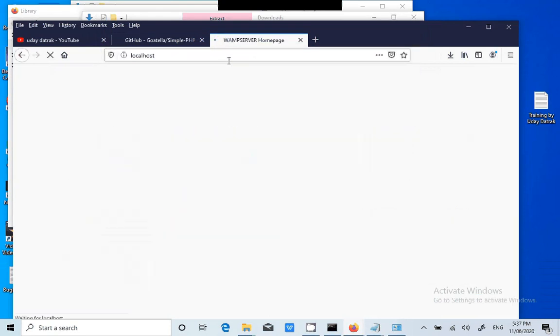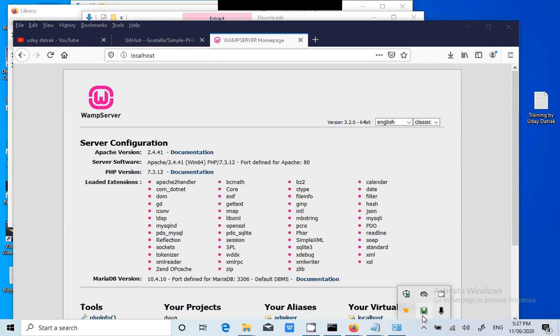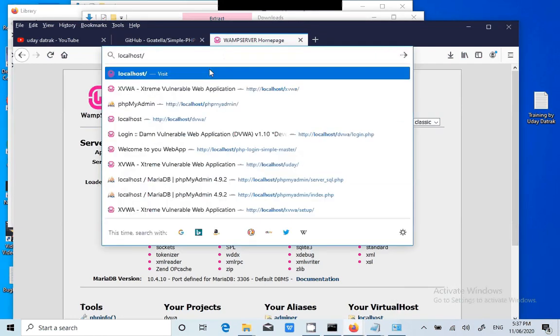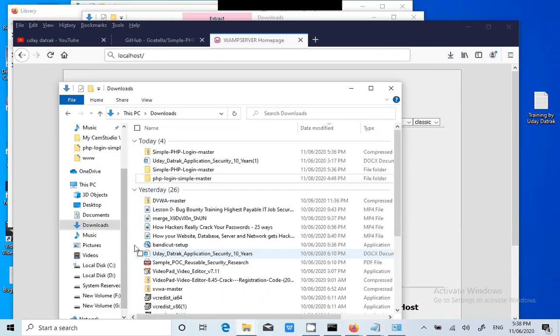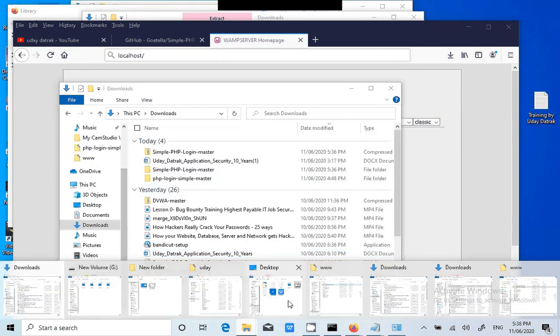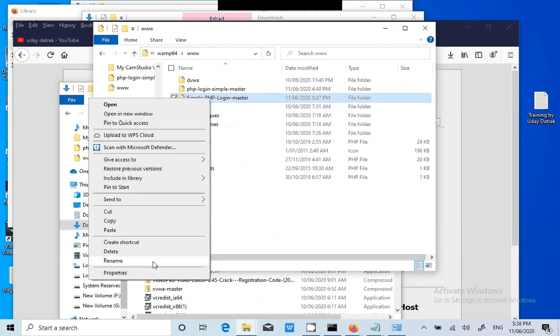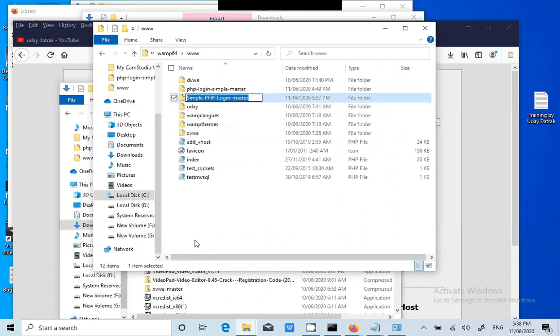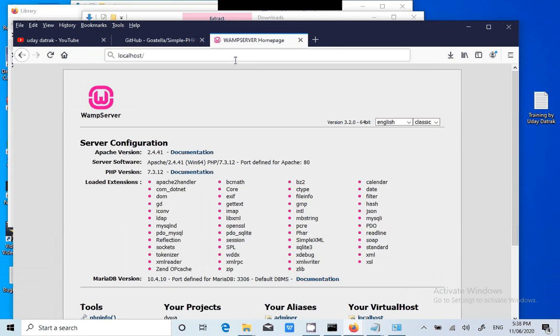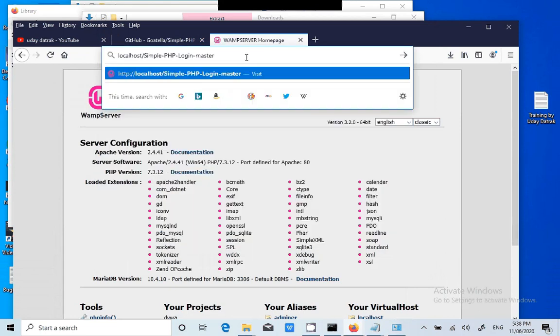How could you tell WAMP is running? It's green in color. Now we'll try to navigate to that folder. Copy the folder name. It will show the folder contents, or else it will directly load the index.php.